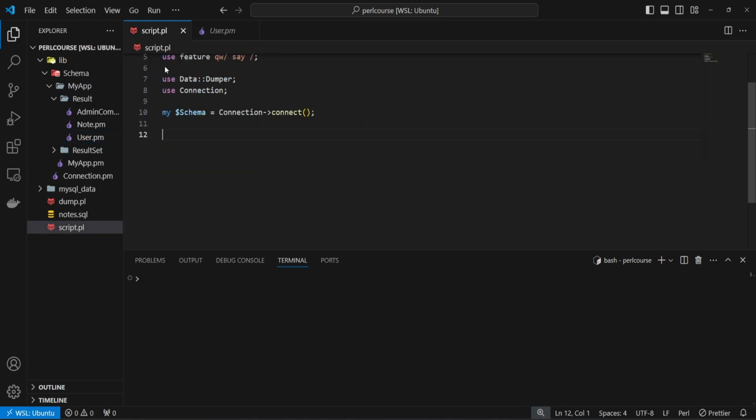Before we begin, I would like to introduce you to this new method which is called search_related_rs. Since we are working with relationships, it's a good time to explore additional methods that allow us to query our data using DBIx. Now to search related relationships easily, we can do something like my $nodes equals $schema, and then we can access the result set, which is going to be our user result. And on this user result set, we can call a method which is called